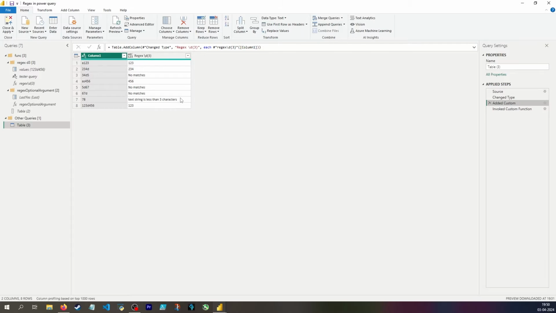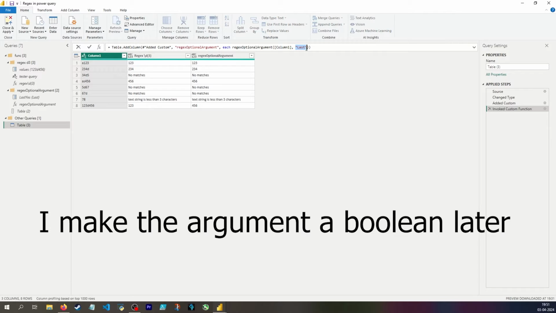This is what it would look like once I finish actually making the function. I want to extract 3 numbers in a row. If I don't find any matches, I want the output to be no matches. And for the sake of completionism, I also want to have a message in case the text string is too short to extract 3 numbers. Because here, 78, I can't have 3 numbers when the text string is 2 characters. Lastly, I want to update the function such that the user can decide what to do in case of multiple matches. Here I want my argument to be last,